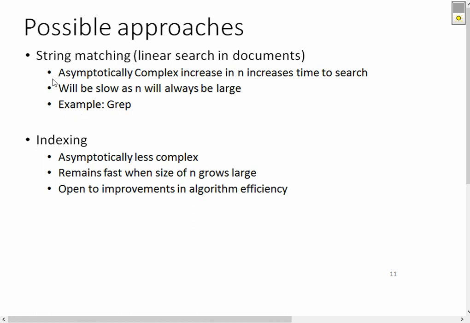There's a great example, for those of you familiar with Unix or Linux, of this kind of approach, and that is the grep tool. The grep tool is going to go out and go file by file. It's going to search for the particular words or terms that it's been given, and return all of those that meet that criteria. Now, this is perfectly fine, but it has a bit of a problem